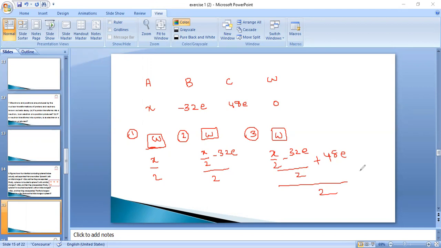In the question it is given that this final charge of W after removing from C is 18E. Now you have to solve this equation for X. So 2 will go to the right side and it will be 36E, and by taking the LCM here and solving this equation, finally you will get X equal to 16E. Hence, we can conclude that the charge on body A initially was 16E. That is the answer for question number 8.